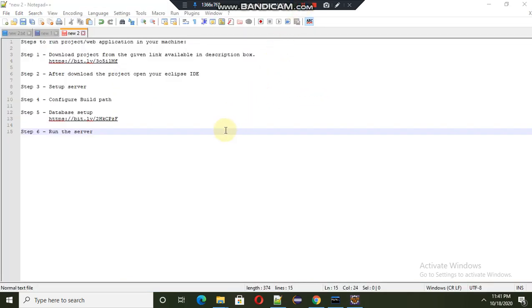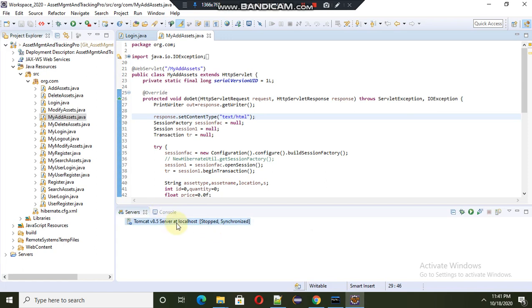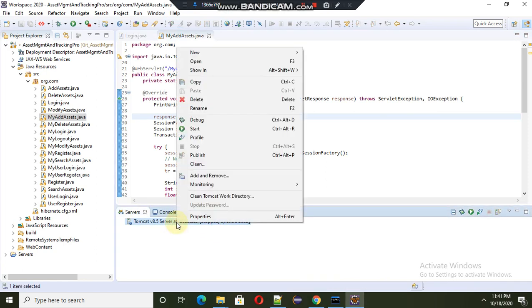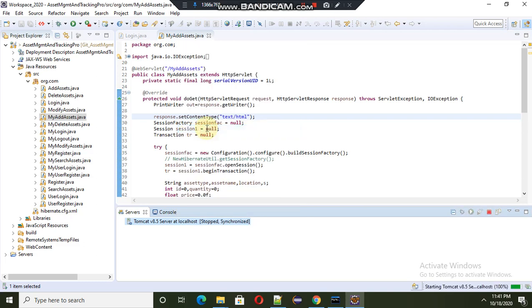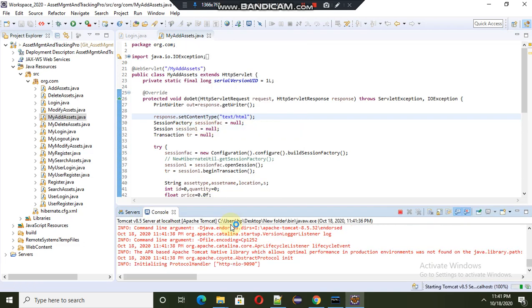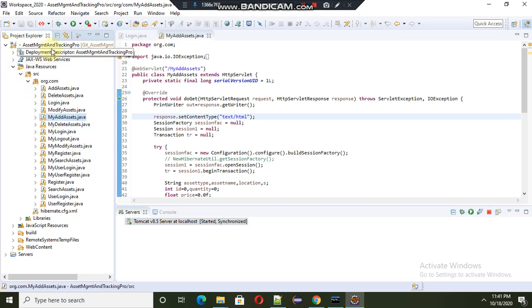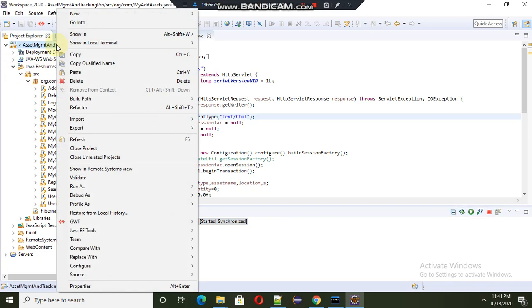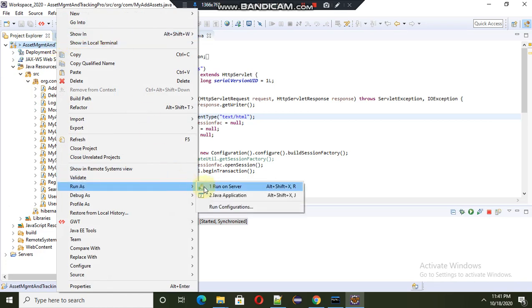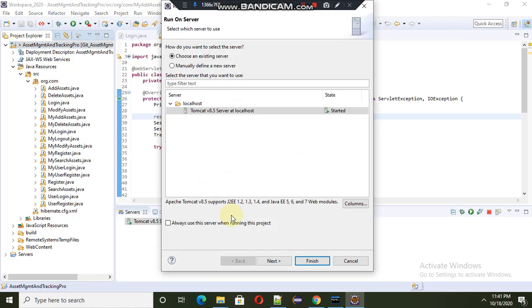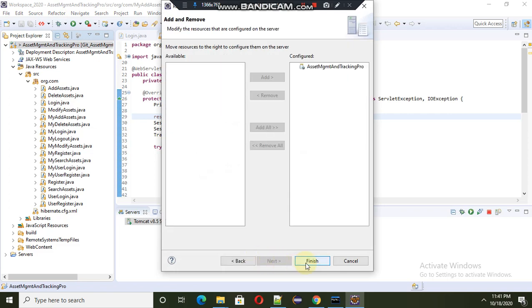Now the next step, or the last step, is to run the server. Go to your Eclipse, simply right click on the server, Start. Yeah, it's working. Your server has been started. You can just click on your project, right click, Run As, Run on Server. Go to next, finish.